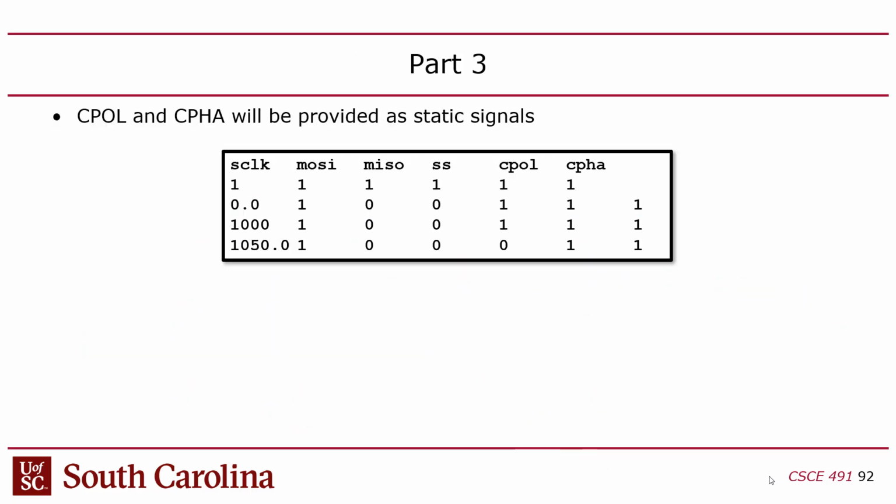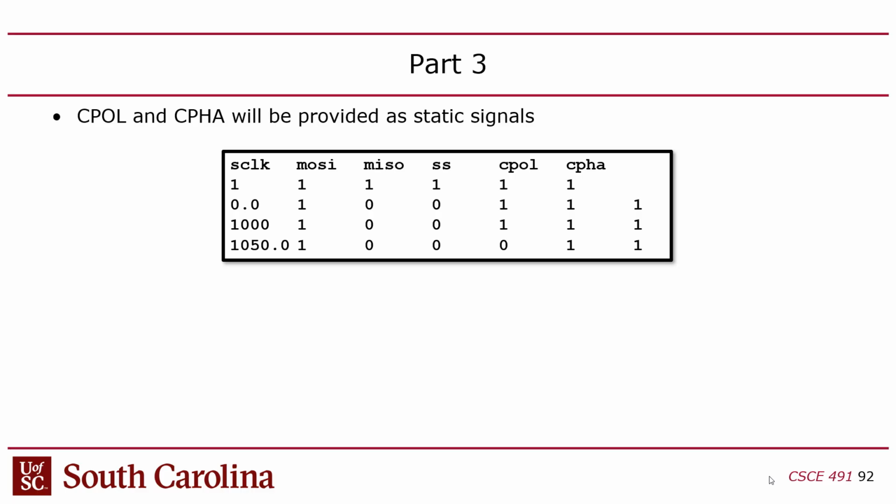Then in part 3, we want you to be able to support all 4 timing modes with CPOL and CFA. These values are actually going to come out of the wave file, the trace. CPOL and CFA will be DC signals in the trace file, so just read those signals, as opposed to having the user type them in. They'll be specified in the trace file,